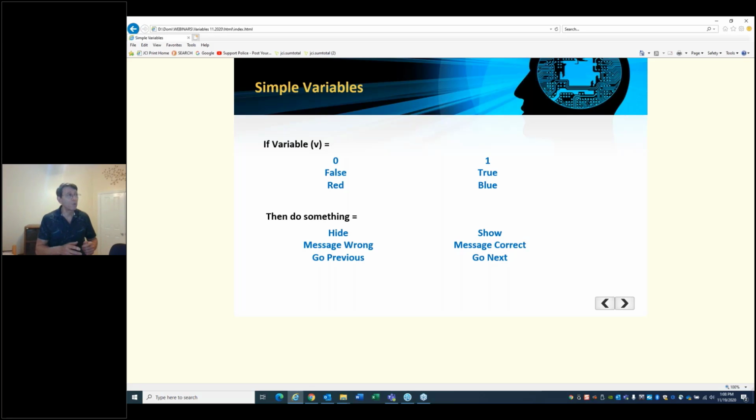So for example, if it's a 0 or 1, depending upon what the learner did to change that variable, which means if I click on something, I can say, if you click on this button, change variable v to 0. Or if you click on another button, change the variable to 1. Why is that important?